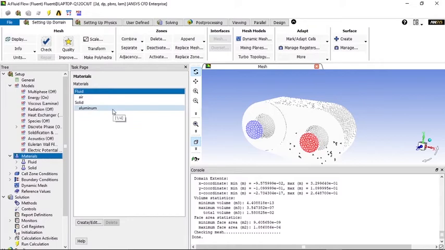So what is your heat source? Is it aluminium, is it iron, is it some other metal? So you need to assign that material here first before assigning it to your component. So there is a create or edit where you can find various materials to assign. Also, are you performing a cooling analysis with a fluid domain of water? Then you need to assign water as a fluid material inside it.